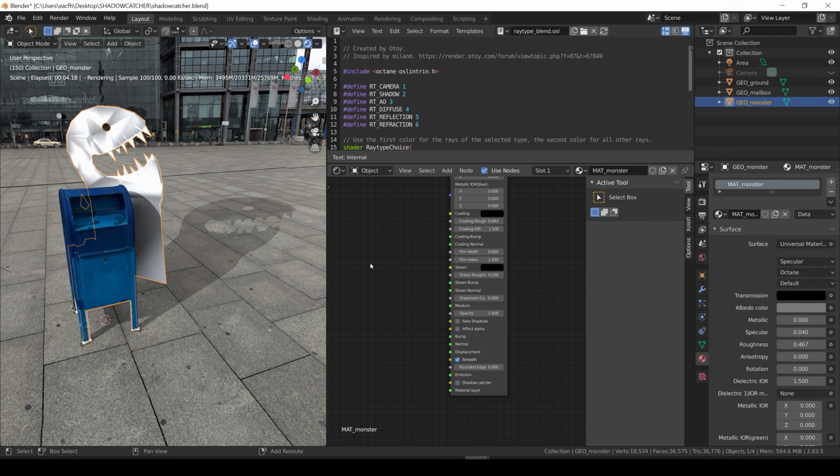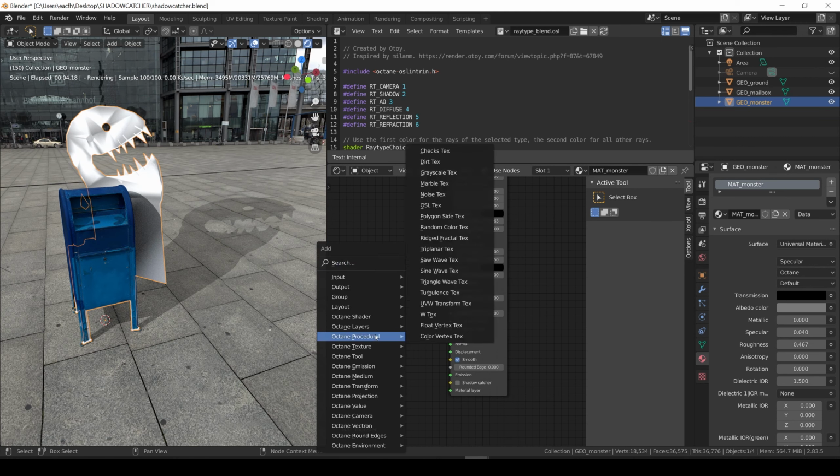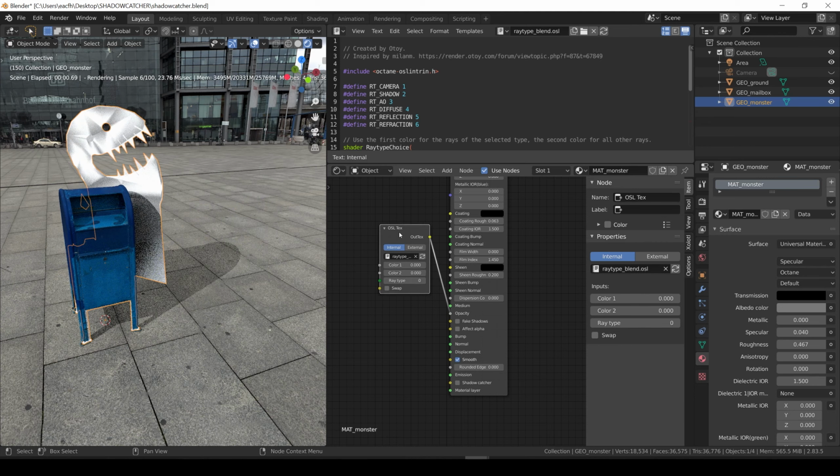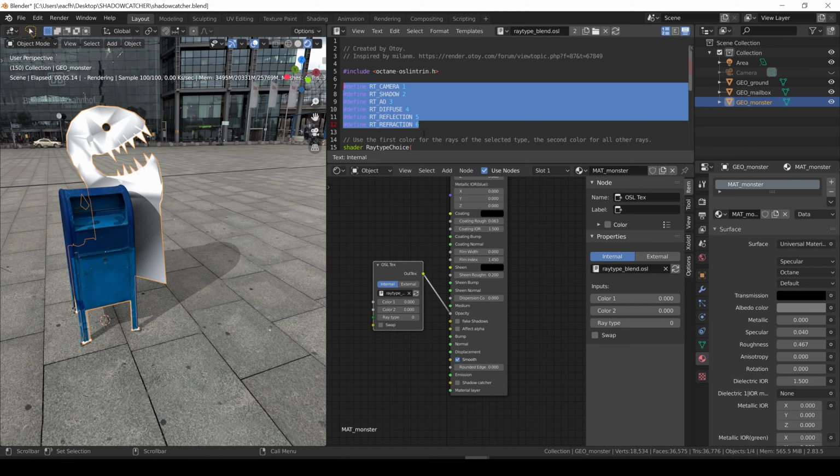To add it, we create an OSL texture node, select the Ray Type Blend OSL file, and connect it to the opacity channel. As we can see, the shadows of the monster disappear, because only the camera rays of the material are visible now. If we check the script, we can see that we can select camera, shadows, ambient occlusion, diffuse, reflection, or